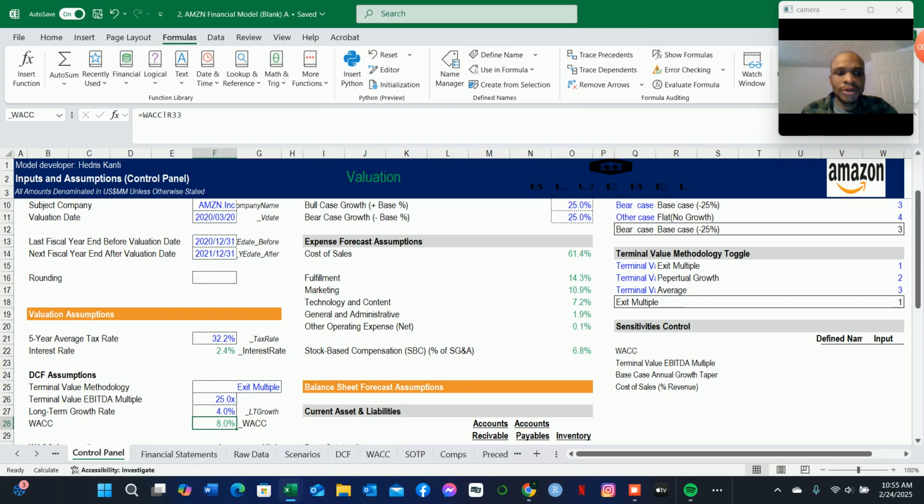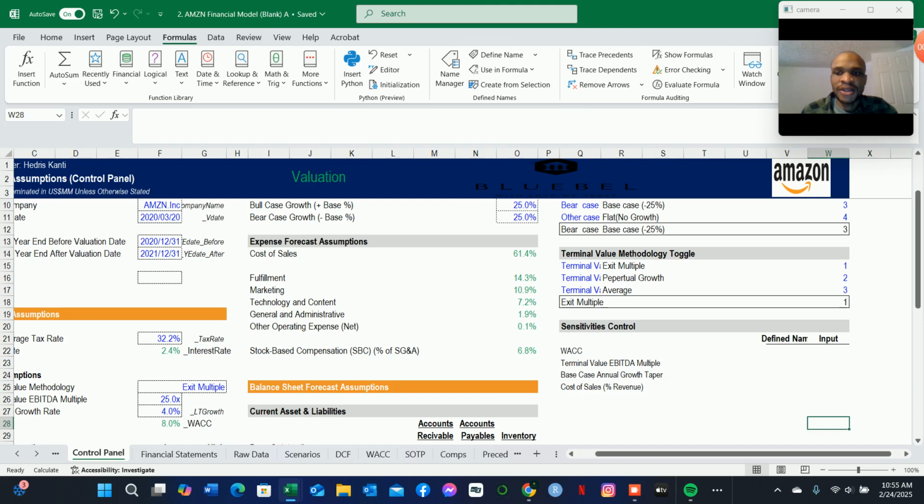So what we want to do is, every part of the model, or all of the calculations that we have done in the DCF analysis, is based on this cell F28. However, we want to set that to be based on this cell in W22 for the weighted average cost of